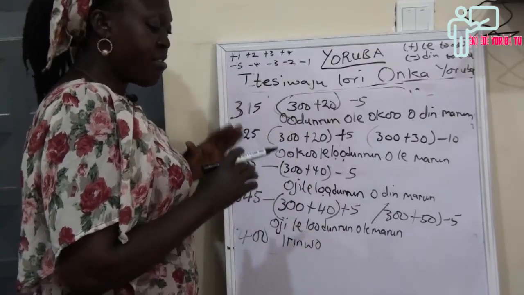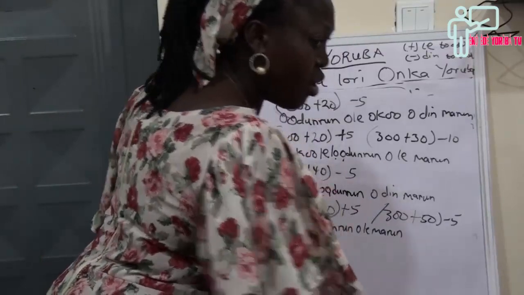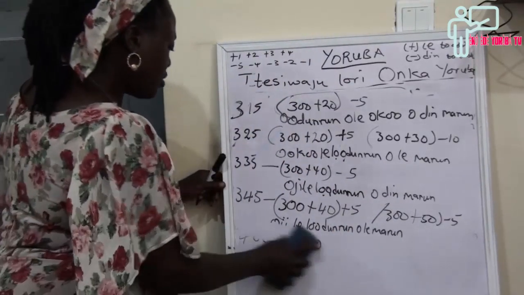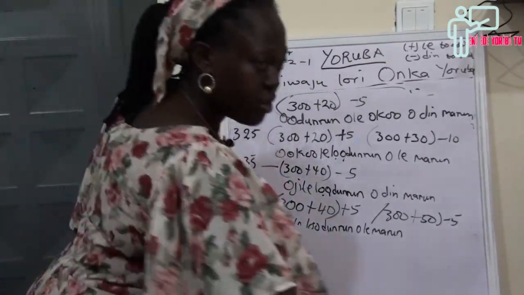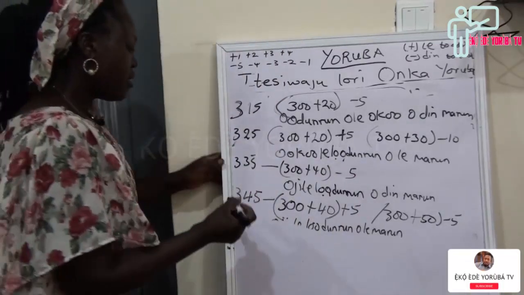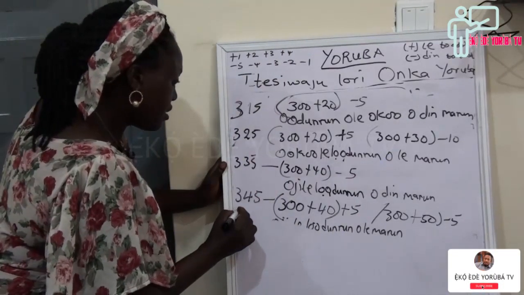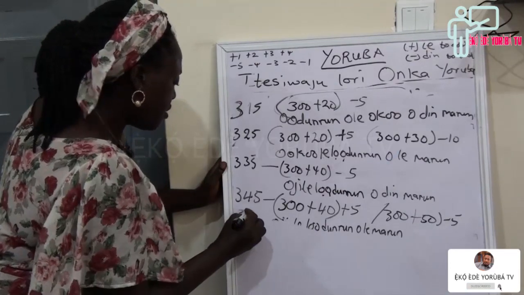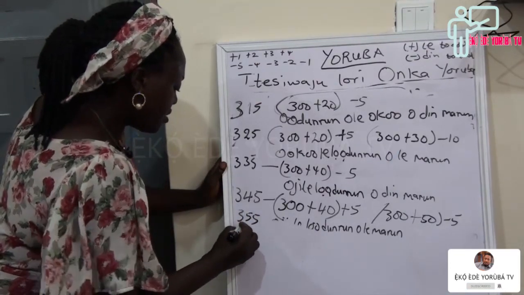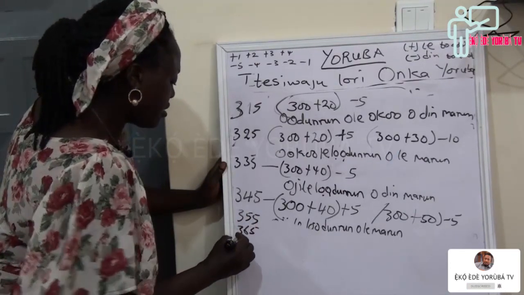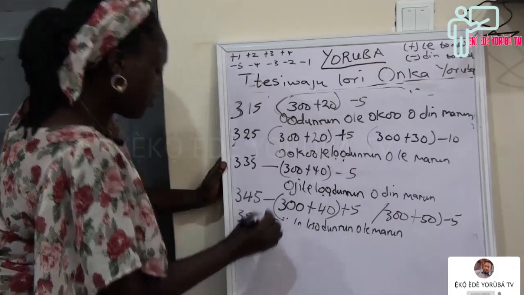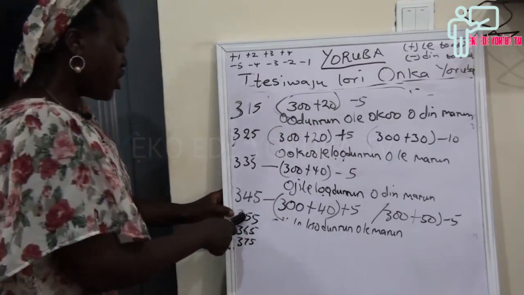Now 300 I want to make it up. I want to make it up to 400. Ẹ jẹ́ kí n parí ẹ̀ fún mi. 355, 365. I want to write it 375. That is what I'm saying. So this one will now be